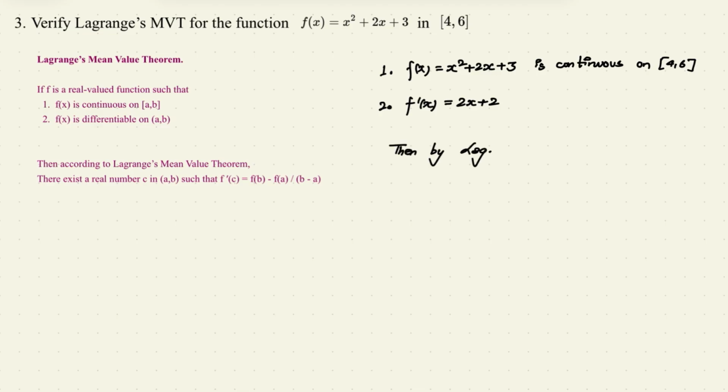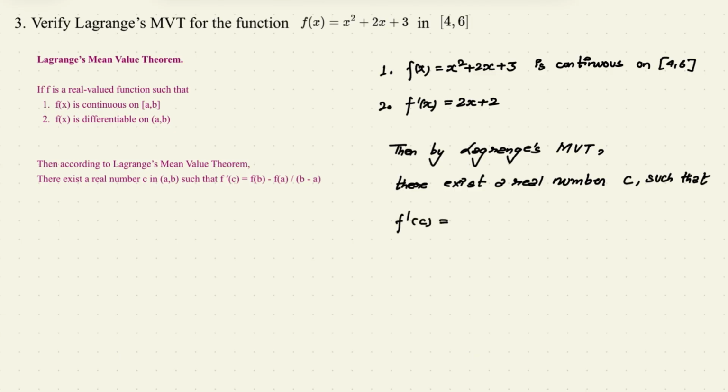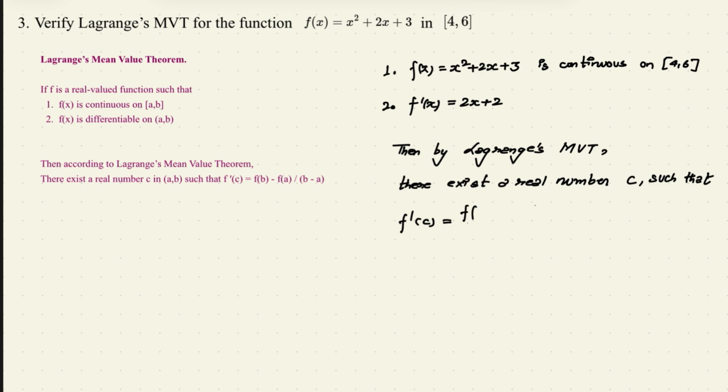Lagrange's mean value theorem: there should be a real number c such that f dash of c will be equal to f of b, that is f of 6, minus f of a, that is f of 4, divided by b minus a, that is 6 minus 4. Now the value of f dash of c, looking here, we can write it as